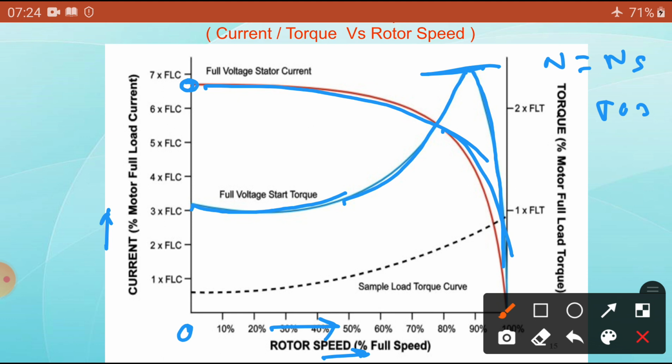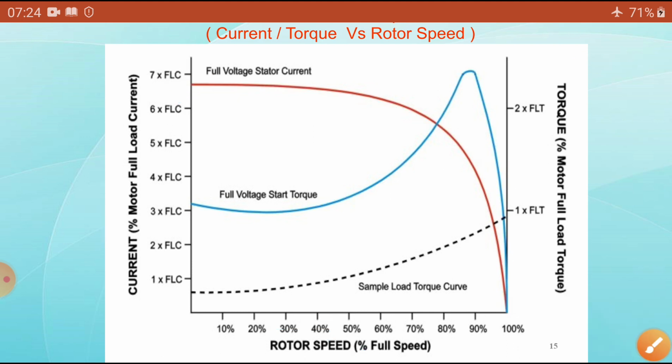Okay, so what does it conclude? Important points from the graph. When full voltage is connected across the stator terminals of an induction motor, a large current is drawn by the winding. You can observe this initially. This is because at starting the induction motor behaves like a short circuited transformer. This high current will gradually decrease to its normal value as the motor picks up speed. These all we can simply understand.